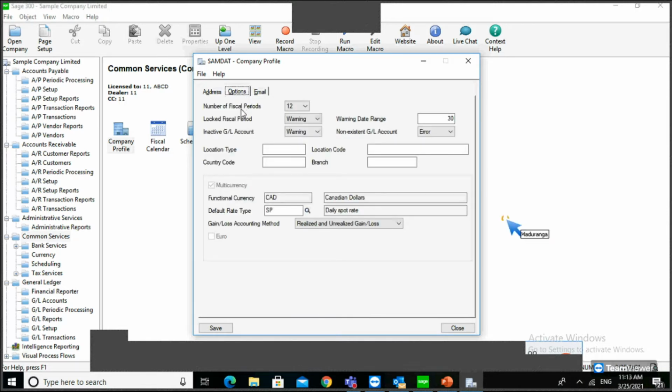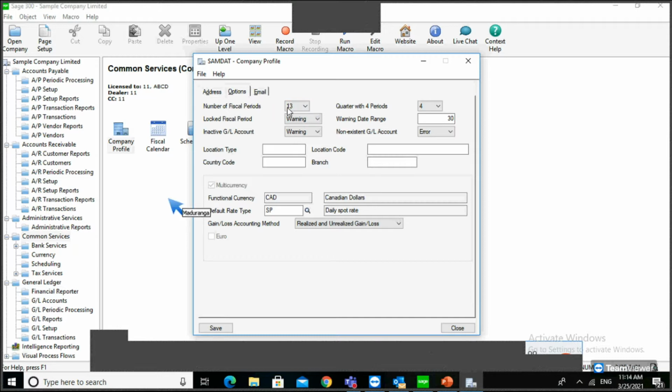Here you can see the number of fiscal periods, where you can choose 12 or 13. What is the difference between 12 and 13? With 12, the annual year is divided by month. With 13, if you have 52 weeks in the whole year, you can divide it by 4, which gives 13.